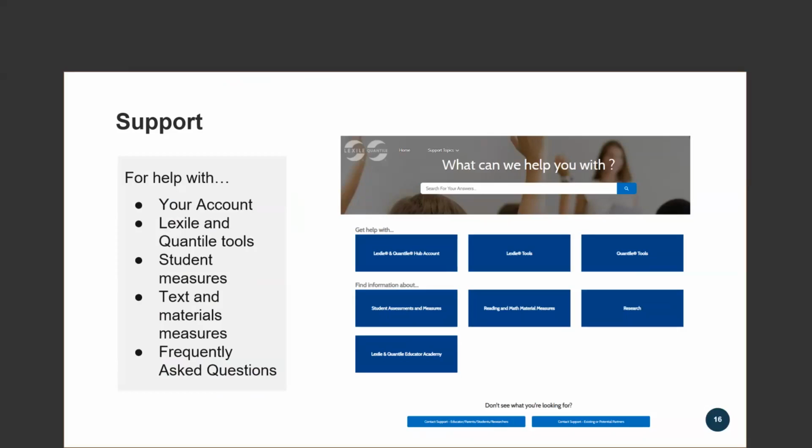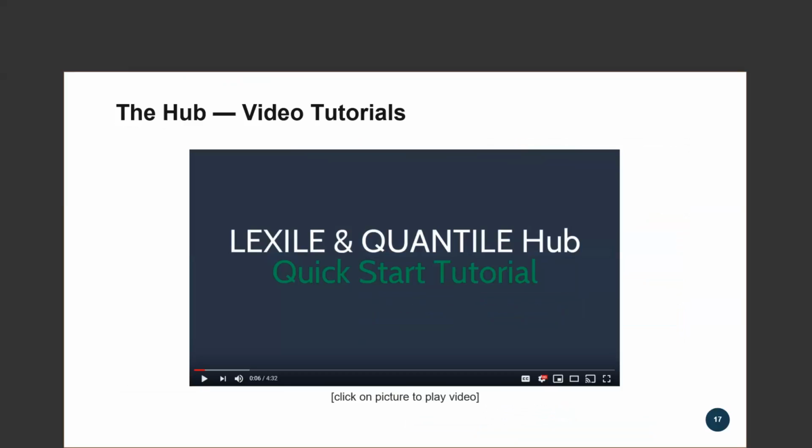So as you explore these tools, as you continue to think about how Lexile and Quantile measures can be leveraged in your classroom, as questions rise in your mind, check that list of frequently asked questions, because I'm willing to bet that 90% of the questions that you're asking have already been answered. And there's a ready response right there within our support community to help you make sense of the information that you're seeing. But as I said, also included within that support community are two resources that are incredibly important